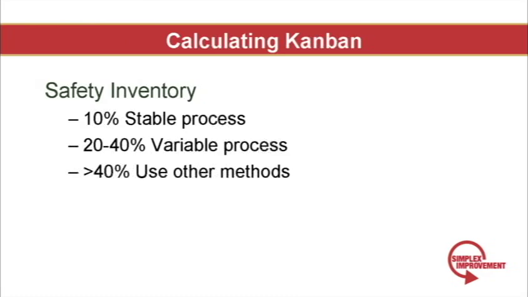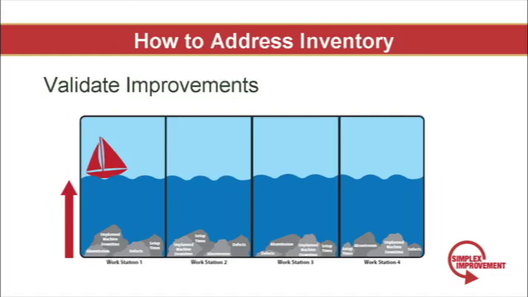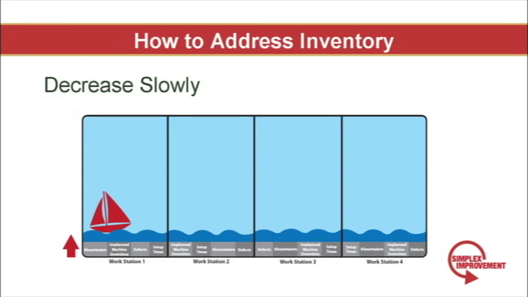So if you're conducting your study and you find that your system requires 20 to 40% safety inventory, then your system is highly variable. I recommend that you find the root cause. Is it that your lead times are highly variable? Or does your customer hoard product and not reorder for months at a time? Are there seasonal contributors to the lead time of your product? In any case, you need to conduct some analysis to determine the source of the variation. After the root cause has been identified and eliminated, you should again proceed with caution and decrease inventory slowly over